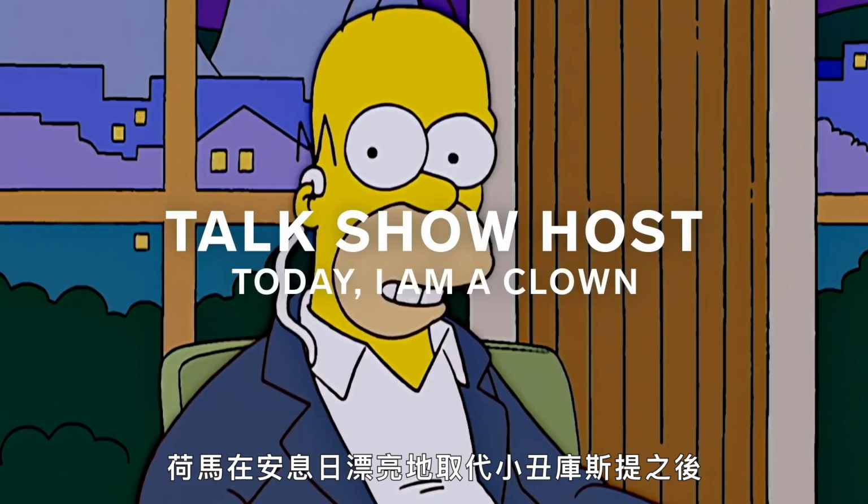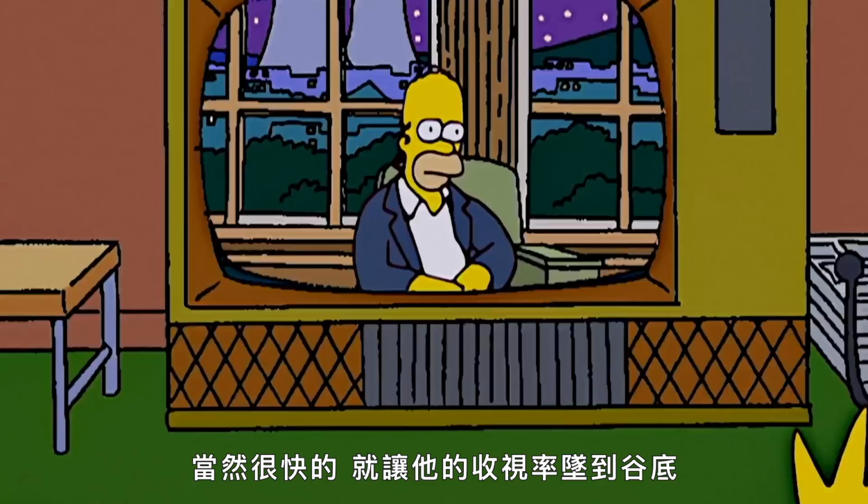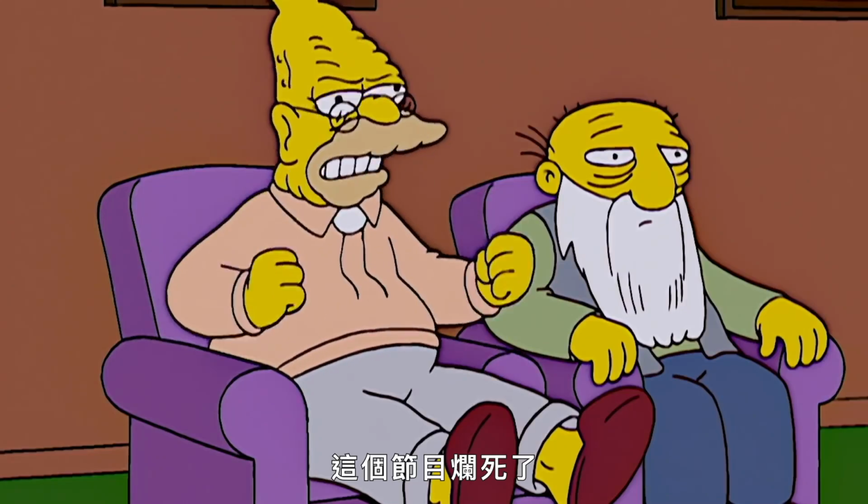After Homer does such a good job replacing Krusty on the Sabbath, he's given his own talk show and becomes very popular. Lisa then convinces him to use his power for good and talk about social issues, which quickly, of course, makes him lose all his ratings. This show stinks! Now, you might notice this isn't the first time Homer has literally replaced Krusty,